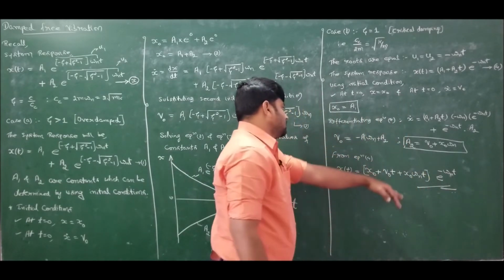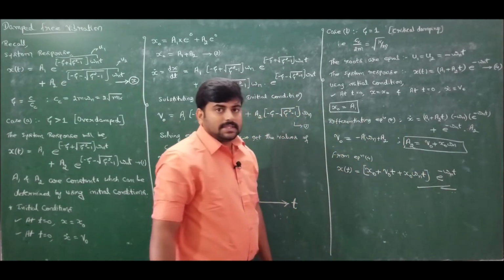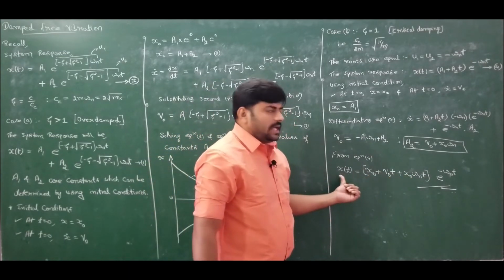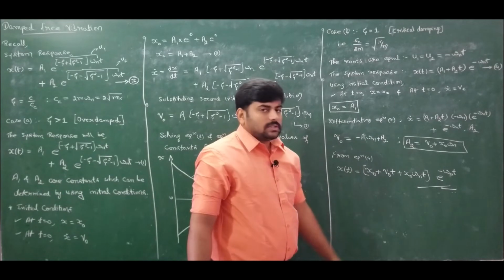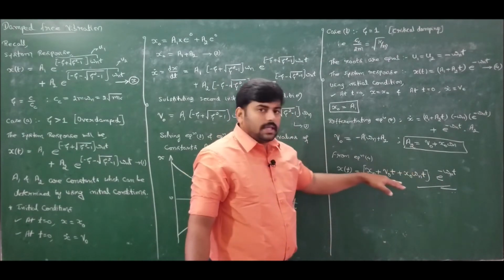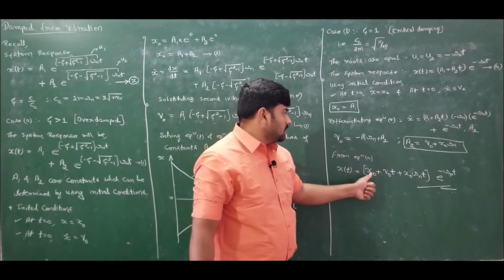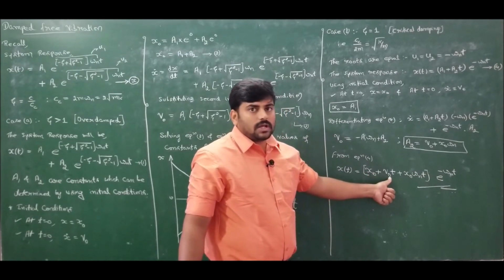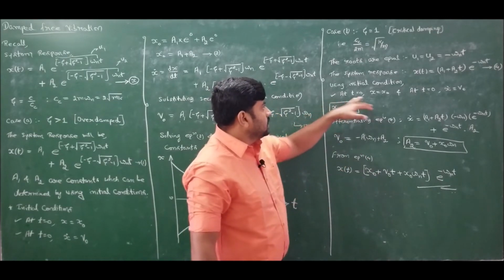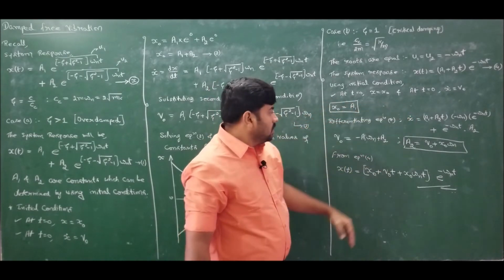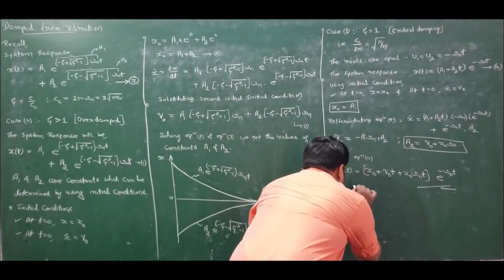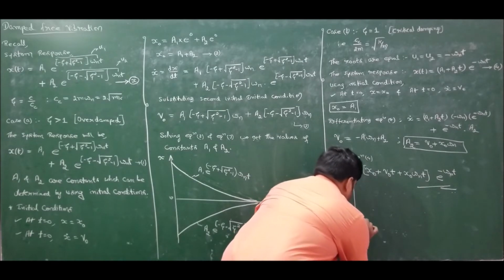So this is the system response for the critically damped system, wherein if you tell me the value of time, I will tell you the amplitude, where omega n is already known, which is root of k by m. So x is a function of only time in this equation, where x naught is the initial displacement, v naught is the initial velocity, which are both known numerically. We have taken the initial conditions as these two. Now if I plot the system response for the critically damped system, it will be like this.